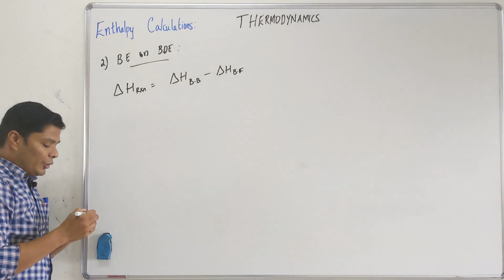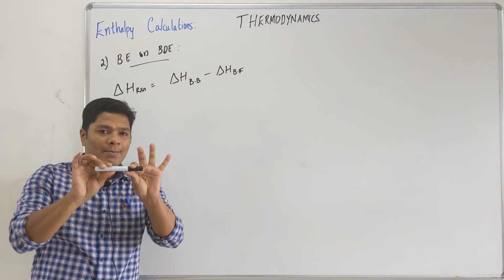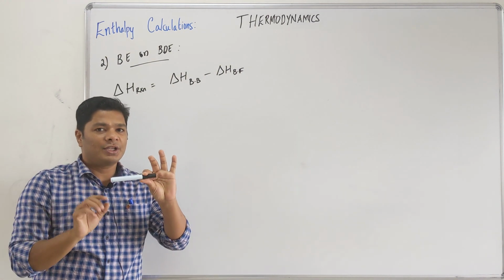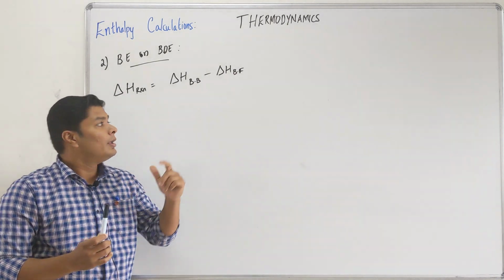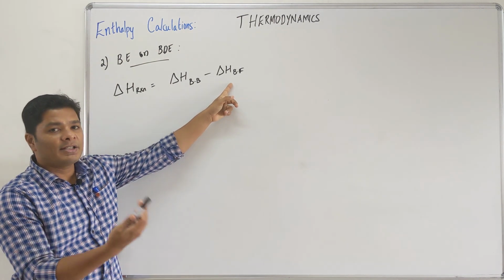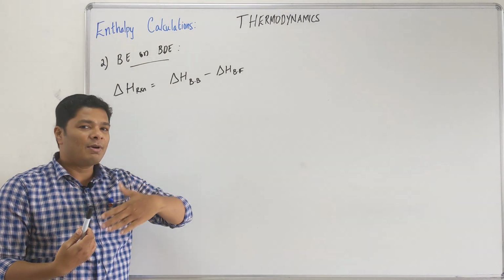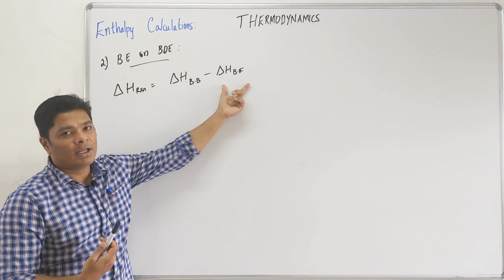Now I want to make this clear to you. When you want to break a bond, bonds broken, you have to put in energy, endothermic. When you form a bond, attractive forces, exothermic. So however much you invest to break the bonds, minus however much energy I get in return. So if more comes out than what I put in, the total is negative, exothermic. If less comes out than what I put in, endothermic.